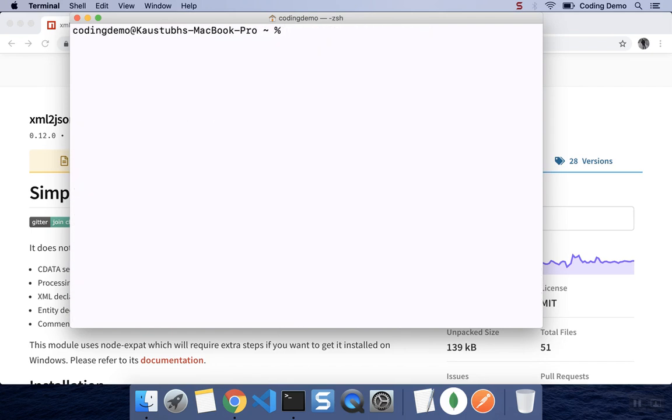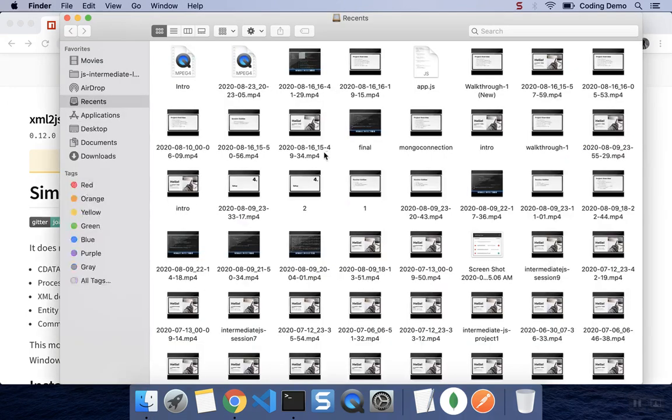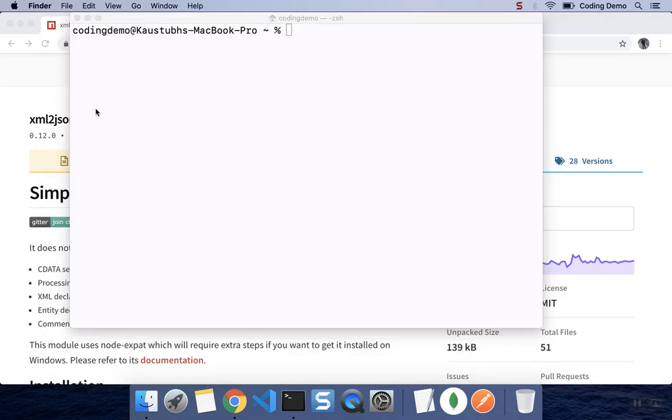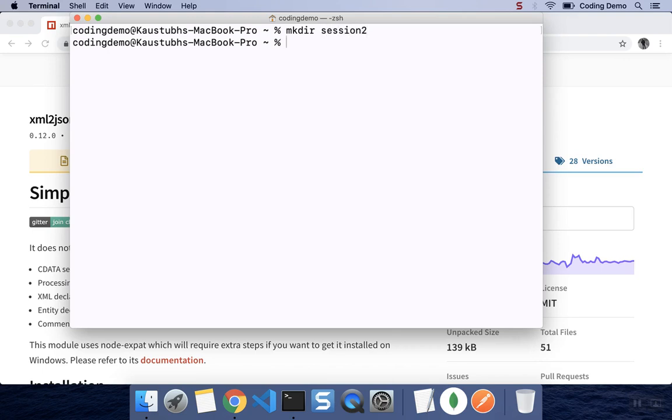Let me clear this, and let me actually create a demo here. So I'll say session 2. All right, so inside session 2, let me go ahead and create this package.json file. So how do you create it? You first initialize the npm project or the node project. So I'll be using npm init. Okay, so I'll just type in npm